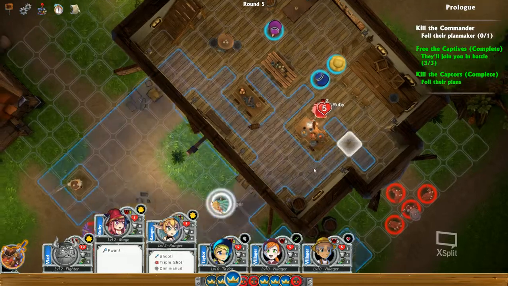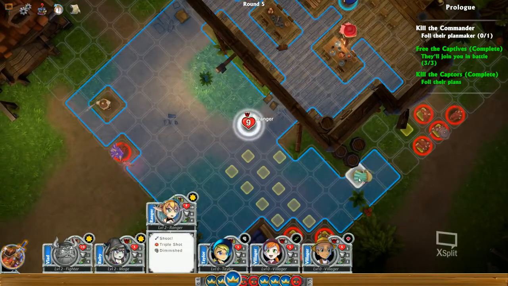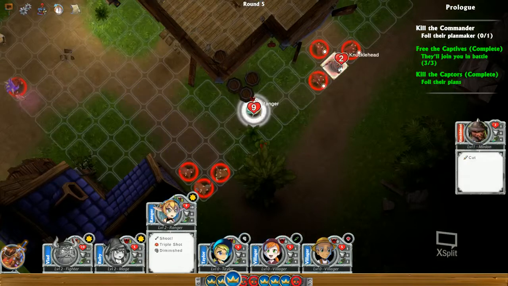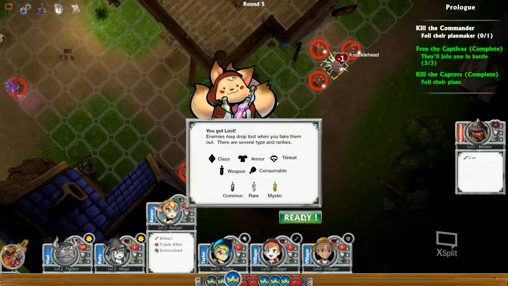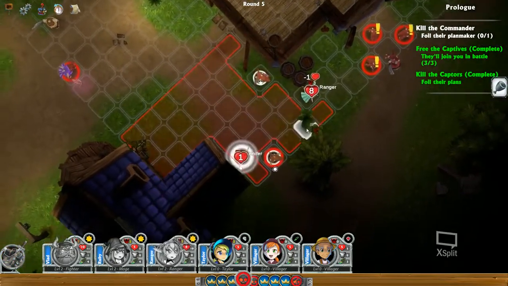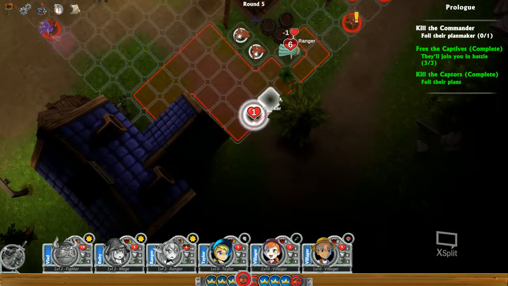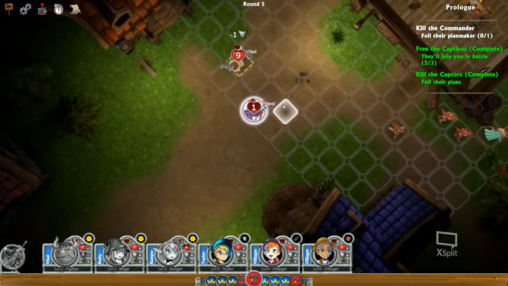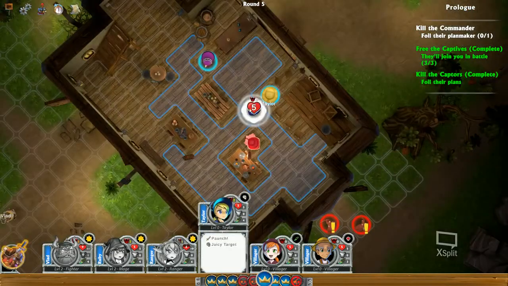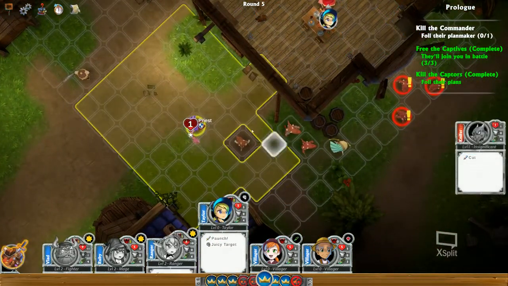Finally got one. That's okay. It's a knucklehead. He does melee damage. Another gouger behind me. In case you didn't notice, let's look at the priest, I guess. We forgot to look at him. Oh, come